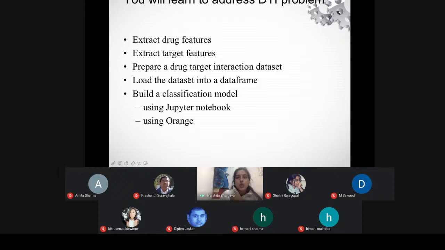तो दोनों में से जो भी यहाँ पर हम बात करेंगे, तो क्लासिफिकेशन बेस्ड की बात करते हैं, तो हम यहाँ पे बात कर रहे हैं कि whether there will be an interaction or not, ठीक है, और उसके बेसिस पे हम रिकमेंडेशंस दे रहे हैं. अगर हम रिग्रेशन बेस्ड की बात कर रहे हैं, तो we are talking about the binding affinity between the drugs and the proteins. मतलब जहाँ पे बाइंडिंग एफिनिटी आपके पास स्कोर्स होंगी, ठीक है, तो ऐसे डेटाबेसेस भी हैं हमारे पास जहाँ से हम बाइंडिंग एफिनिटी स्कोर्स भी निकाल सकते हैं.